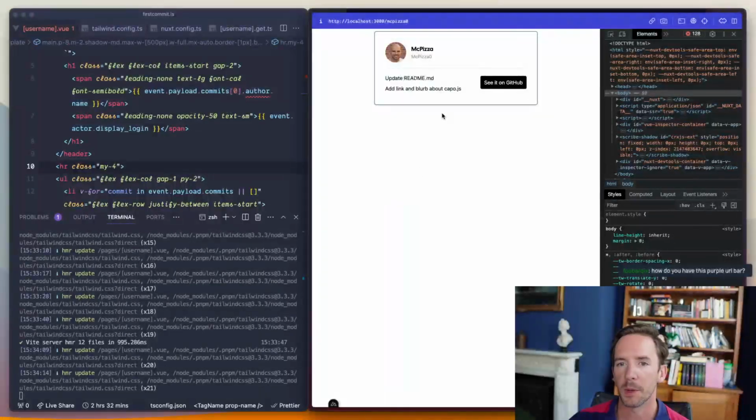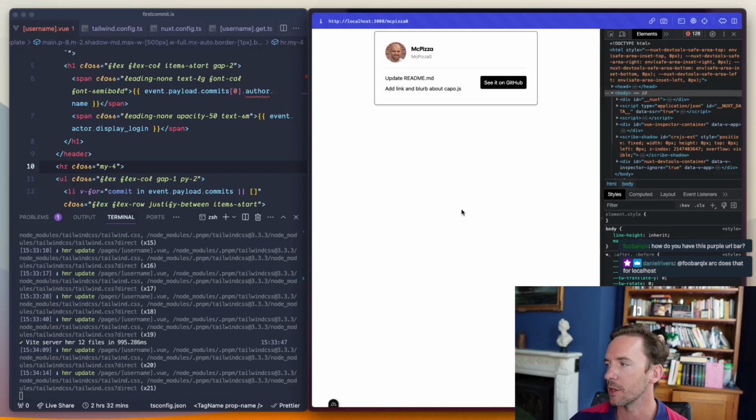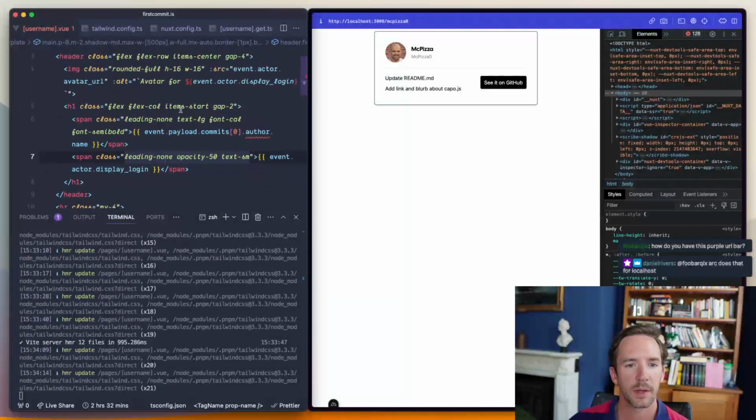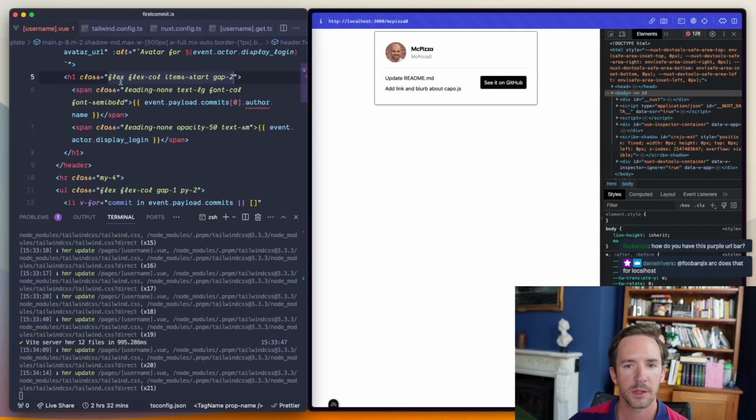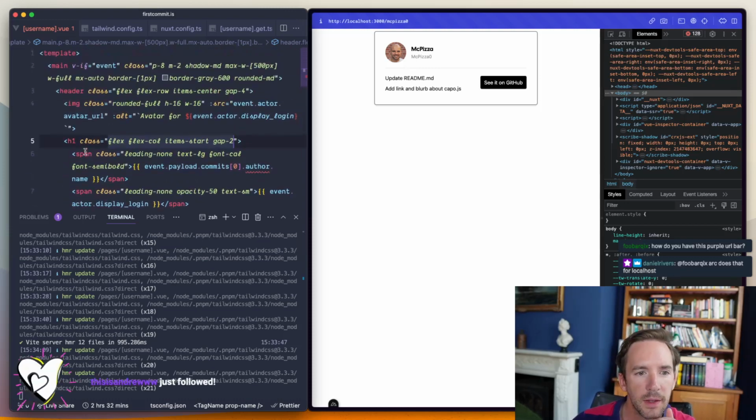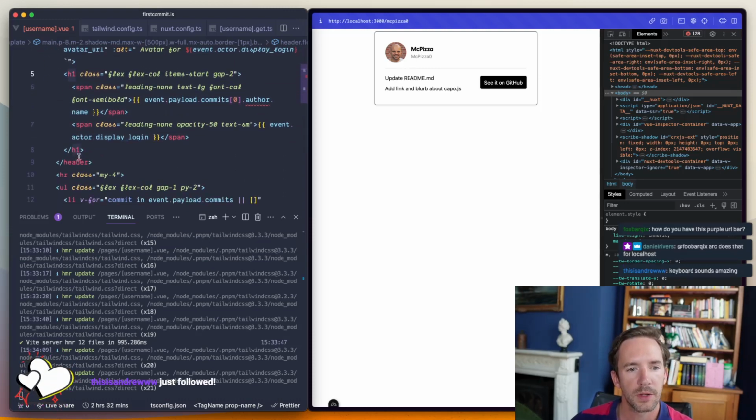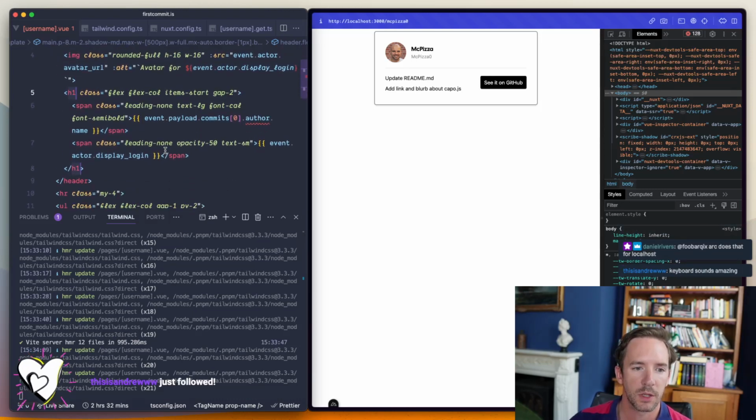The purple URL bar is just Arc, the browser, telling me that it's localhost. Probably want this. This is also not really a header. This is more just information, I guess. Difficult to know what it should be, but